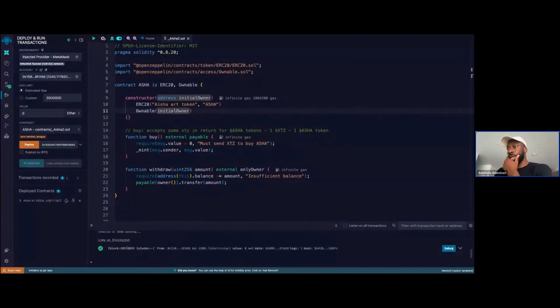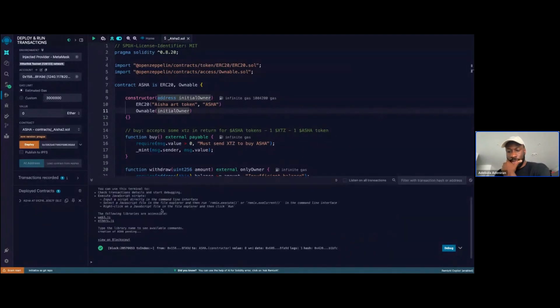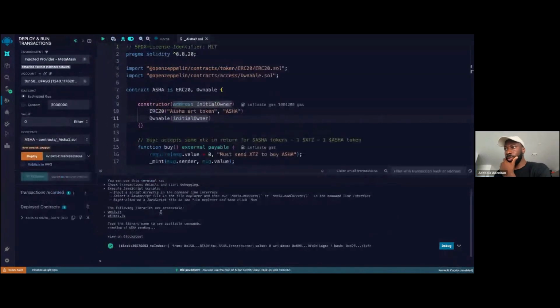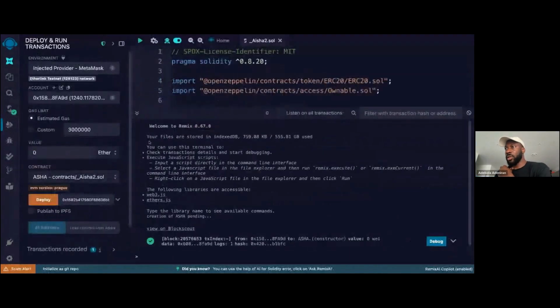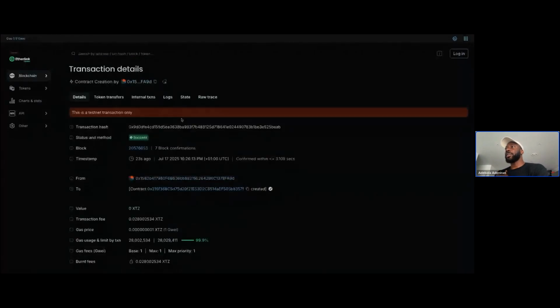All right, so if you can see my terminal here, maybe I should zoom in on the terminal instead. Let me see. All right, cool. I think this should be visible enough. Right, so I can click on view on Block Scout, and that is going to pop open the Explorer. Now to access the Explorer, simply go to